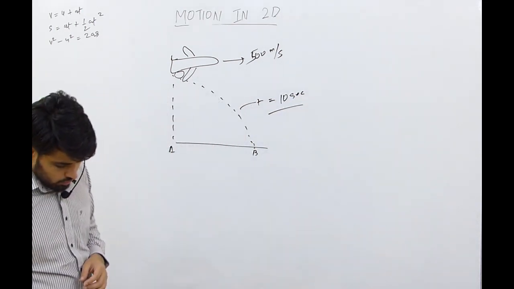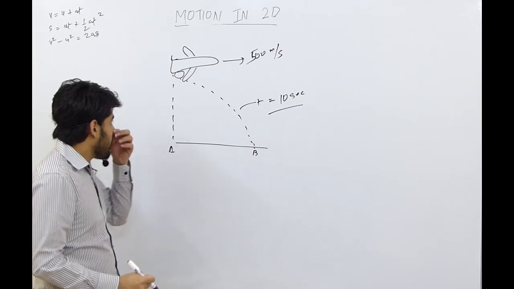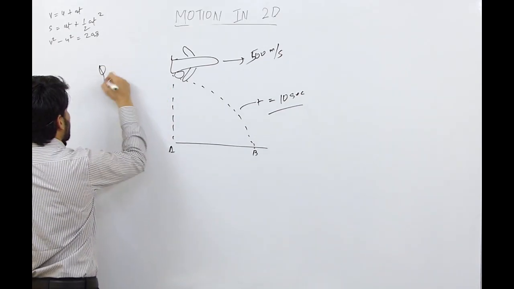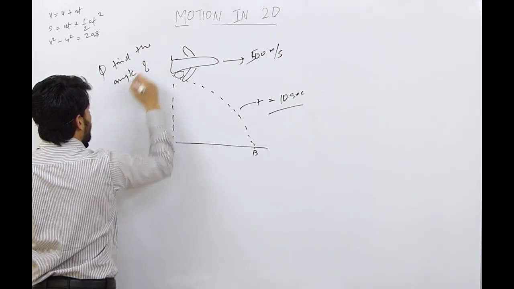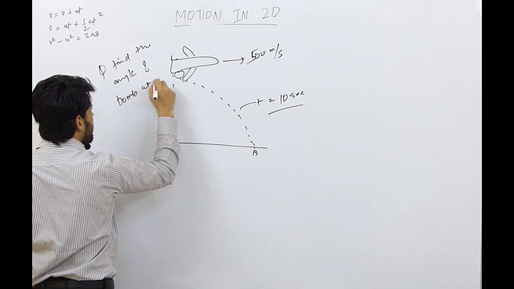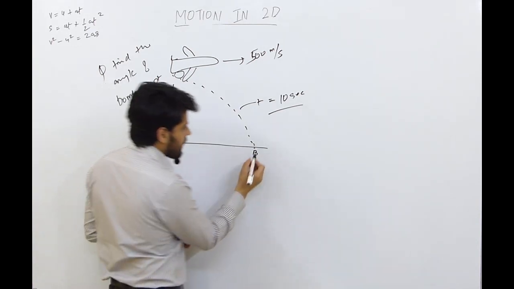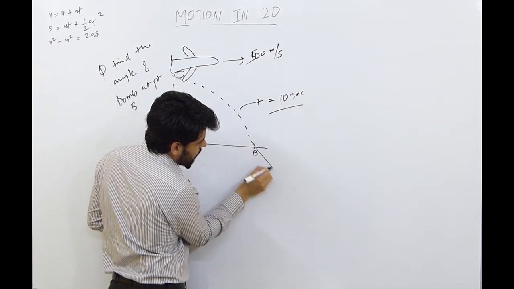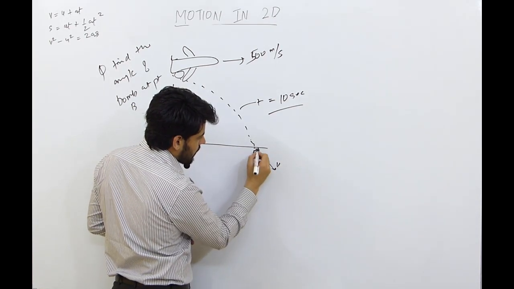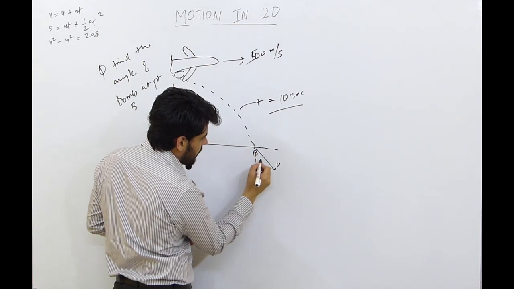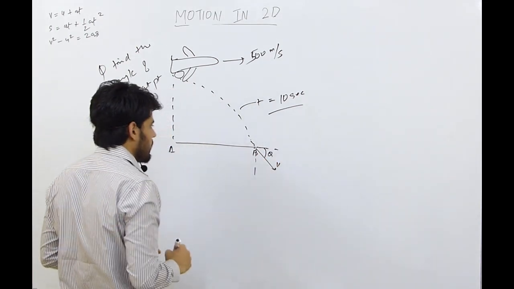So what he wants to ask, find the angle at which it strikes the ground. In this question, we have to find the angle of the bomb at point B. जब ये बॉम्ब बी ग्राउंड पे स्ट्राइक करेगा तो उसका क्या एंगल होगा वो निकालना है. तो ऑब्वियस सी बात है, जब ये स्ट्राइक करेगा तो ये बॉम्ब की वेलोसिटी होगा v, और इसका ग्राउंड के साथ जो एंगल होगा दैट विल बी दिस विल बी द एंगल थीटा.